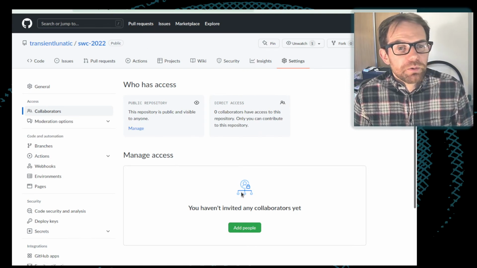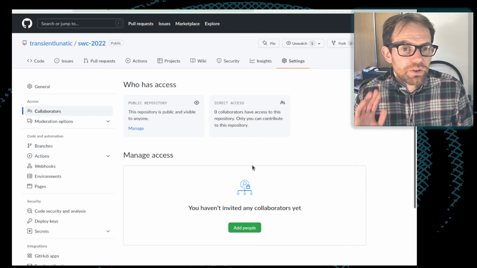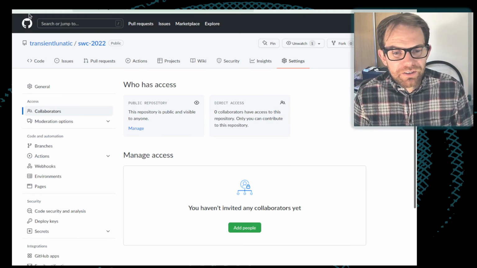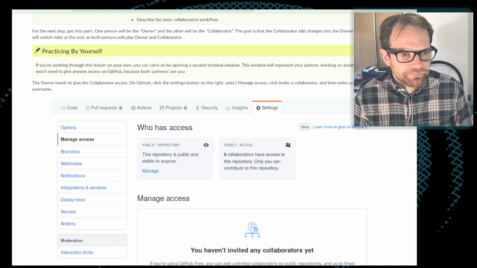But yeah, this is what you need to do so that they are able to git push to your copy of the repository. For small projects, thanks, Michael. For small projects, this is fine. For bigger projects, it just becomes unmanageable, which is why there's this more complicated model for working with bigger projects.